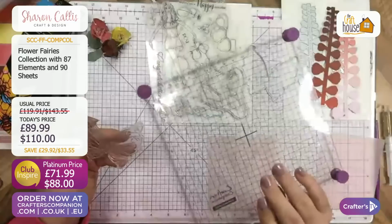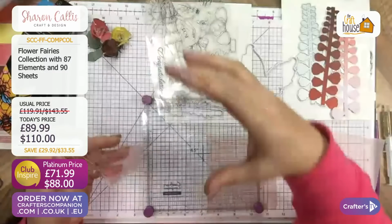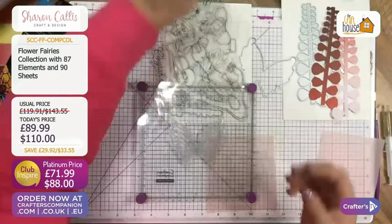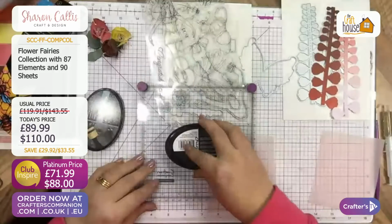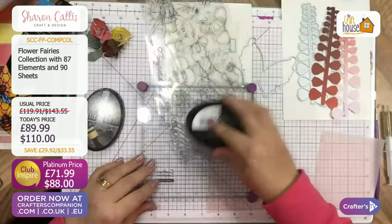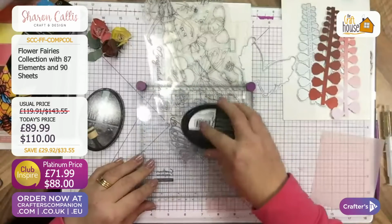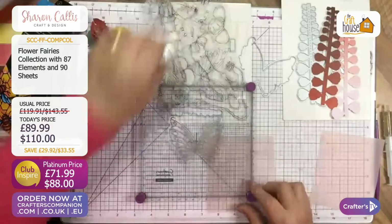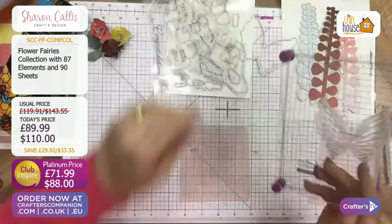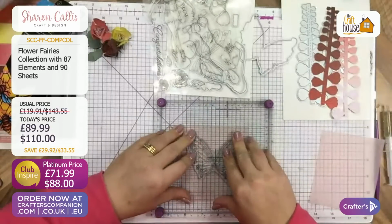So I've got my stamping platform, and these are absolutely fantastic for things like this because of the length of the stamps and the width as well. So all I'm doing is taking the Harmony water-based ink in black. Now you can use the white or the watermark stamp as well, but I'm just going to use the black one because I'm using black embossing powder. So if I miss any of the embossing powder, which sometimes happens with me, then it doesn't show up too much. So I'm just going to stamp in the center, giving it a good press down